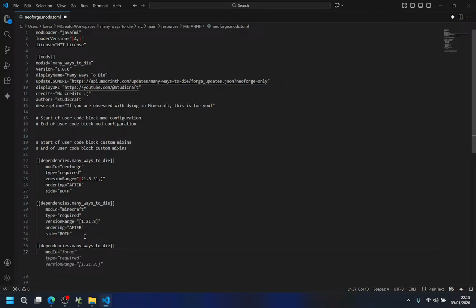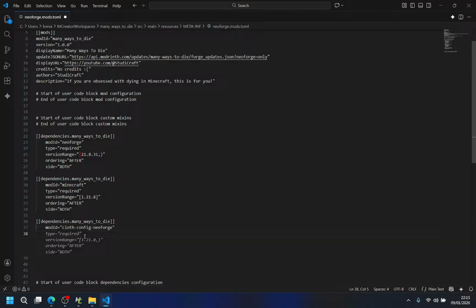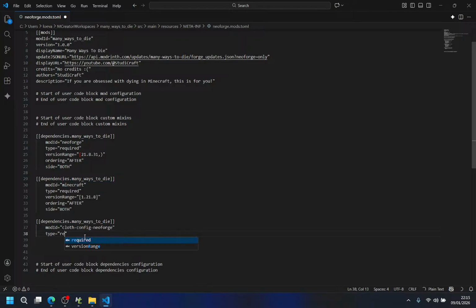Wait, actual mod ID is equal to neoforge, is equal to cloth config, neoforge, type is equal to required.